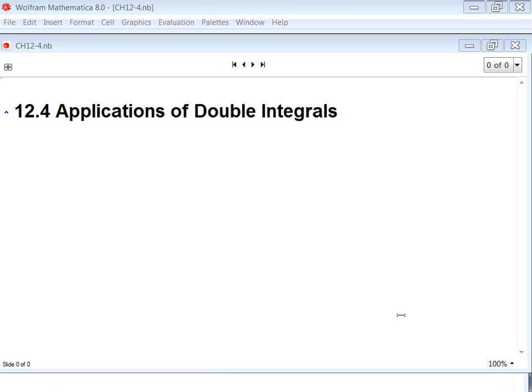All right, so we're going to pick up with where we left off last time. We had discussed last time double integrals over polar regions, right? And now we're going to get into some of the applications of double integrals. We have already seen one application of a double integral, which is